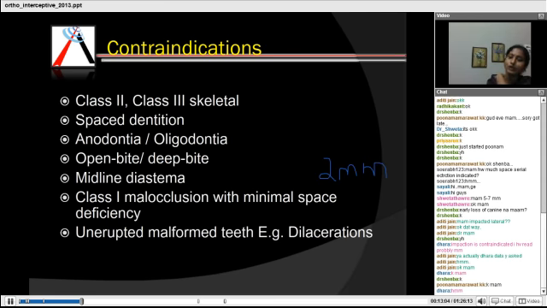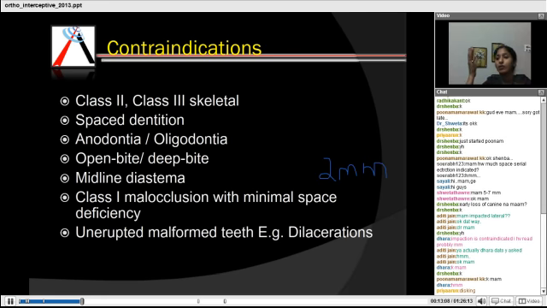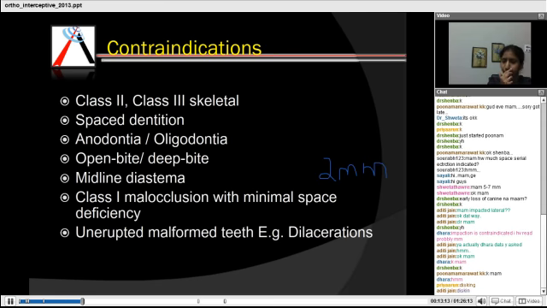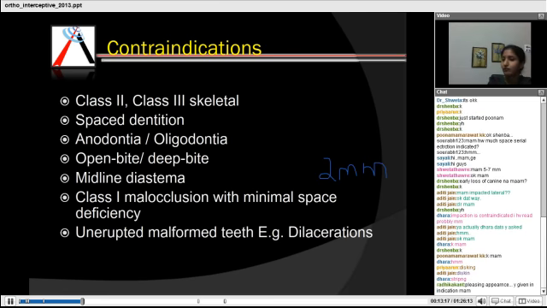Like, what can you do if there is a 2 mm space deficiency? You do not have to go for a very traumatic part of serial extraction. Yes, you can go for disking, proximal stripping, etc. That will help. Okay, unerupted malformed teeth like dilacerations. In all these cases,